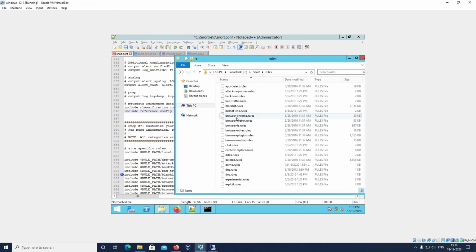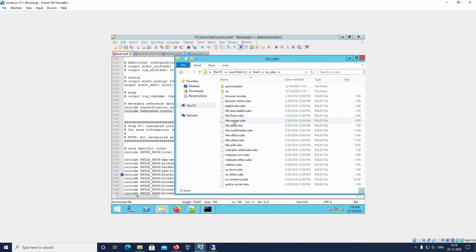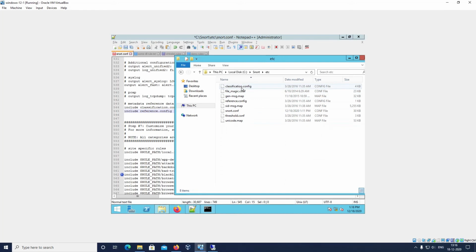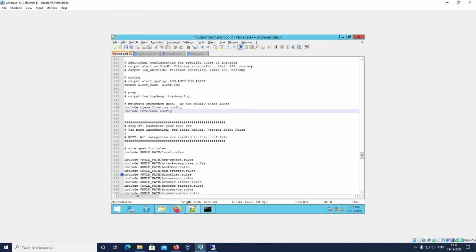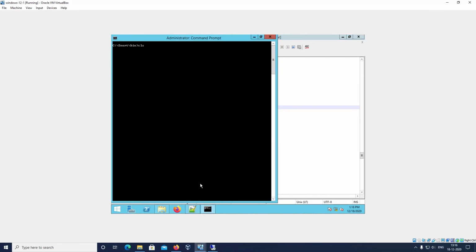In the etc folder we can see classification and reference are present. So these paths we have to assign. We will paste them here, with the slash and classification and reference file names. We will save it, run the command once again and check if any error is there.